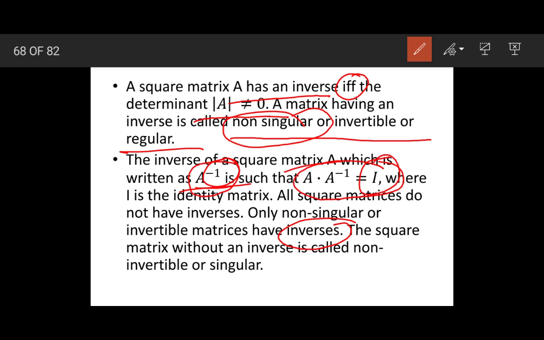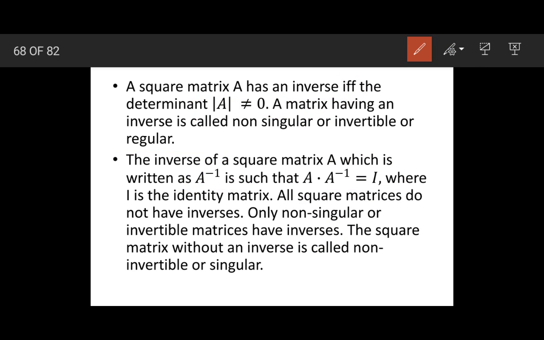So there are two important conditions. One is that the determinant of A should not be equal to 0, that means A should be a non-singular matrix. And then one more important property is A into A inverse equals I. So after the definition,